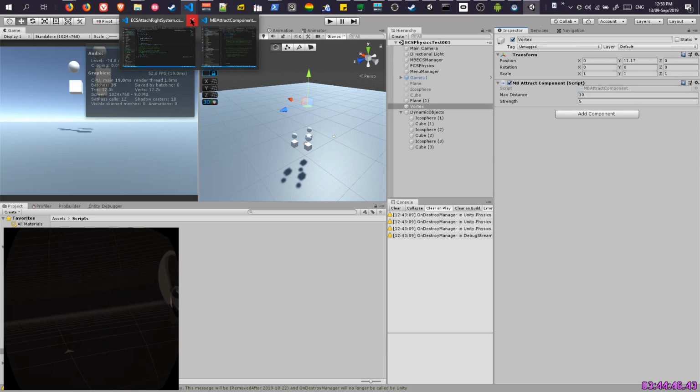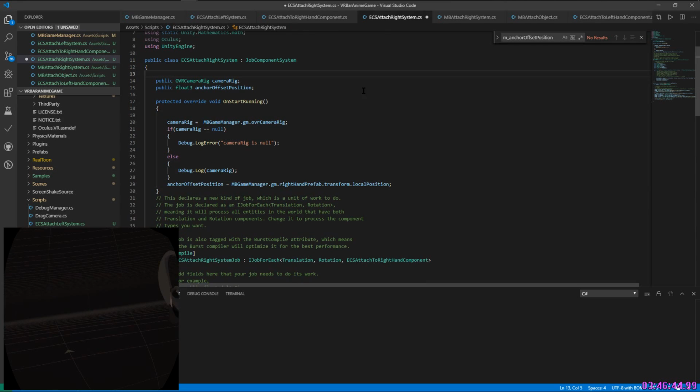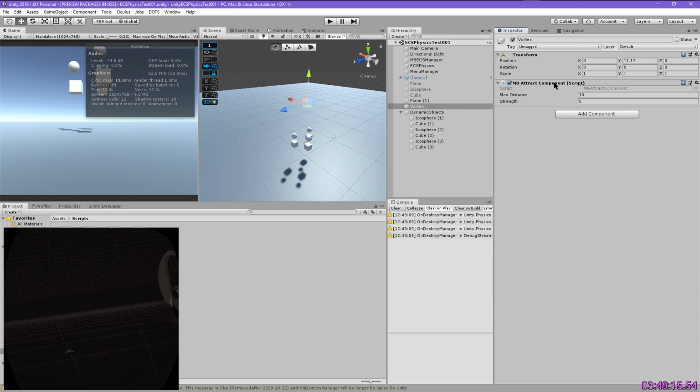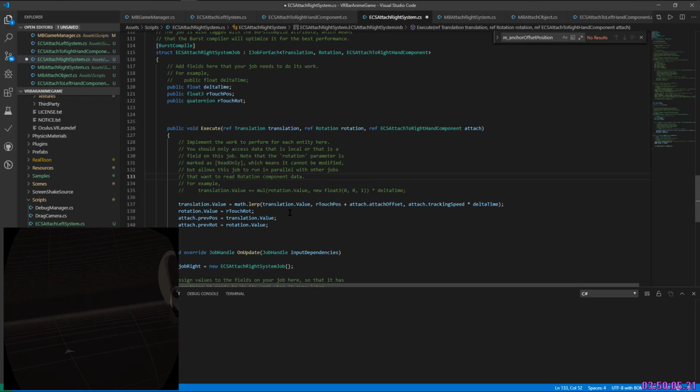Oh no, that's the wrong name. I'll delete it. So I'm pretty much going to copy this script where it updates the system every frame, I guess. And that should